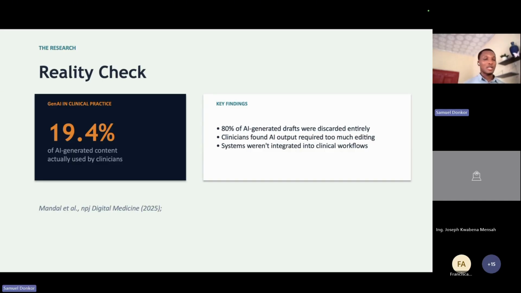Only 19% were actually used by the doctors, right? Why is that? So the key finding was that 80% of all the AI-generated drafts were discarded entirely. And the reason is that doctors still had to edit the draft, right? Some of them